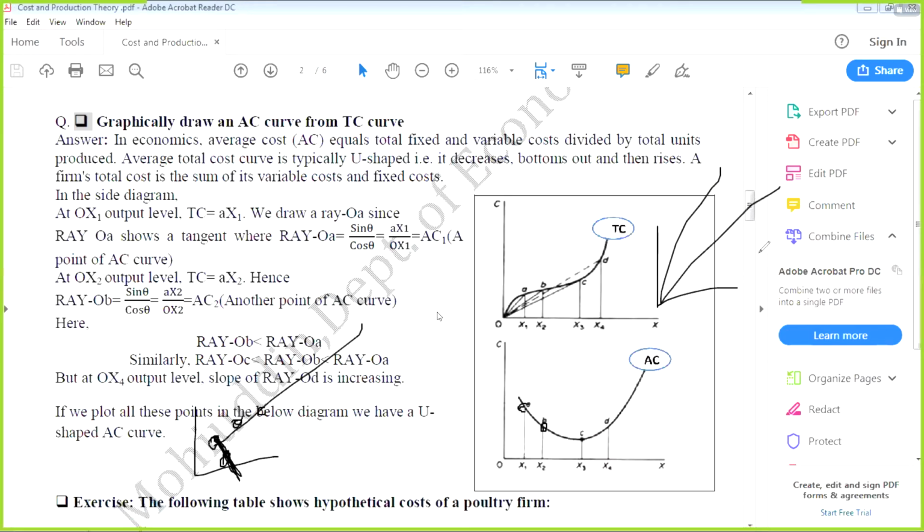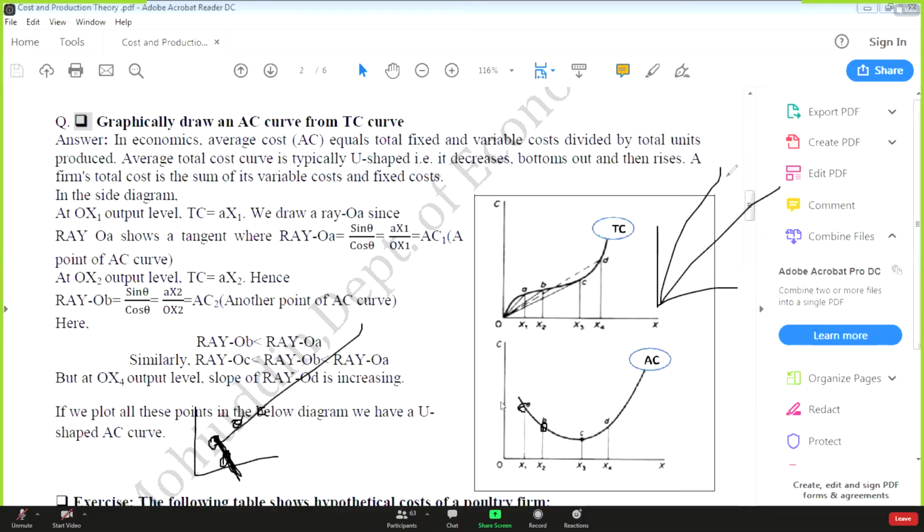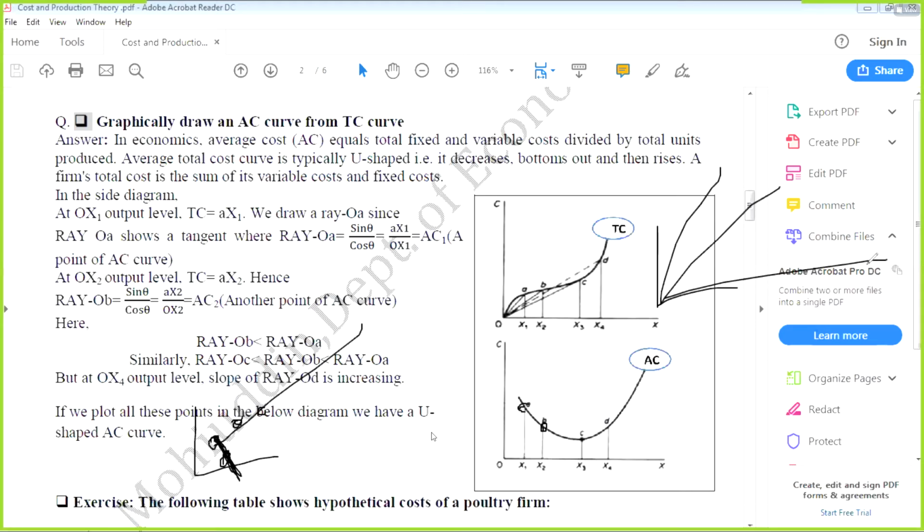Which one is steeper? It means that one's slope is higher. This one is steeper, isn't it? Yes, sir. This slope is higher. Again, this one is flatter. So that means this slope is the lowest compared to all these three. In this way, the slope of this one is lower than the slope of this one. The slope actually means the falling rate, the changing rate. So the second point is here.